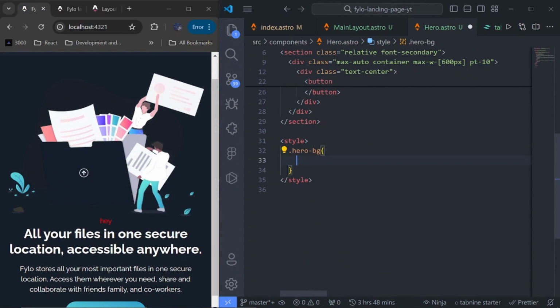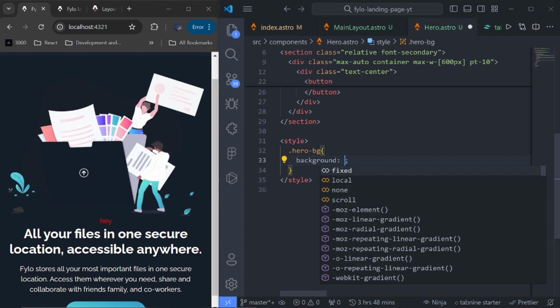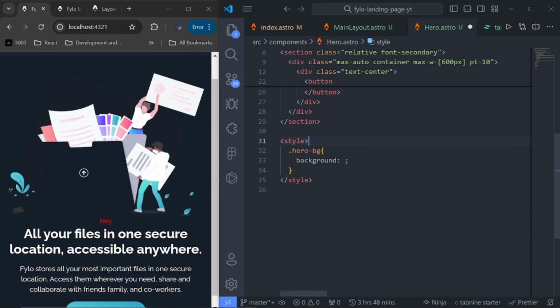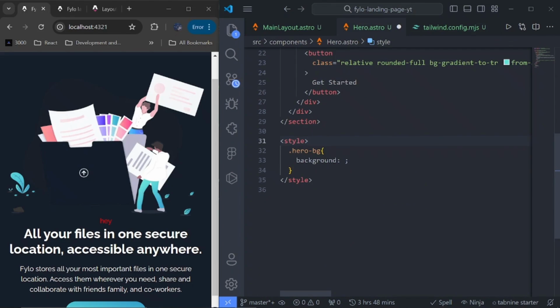So for mobile, which is the default one, we just set the background to have a color. So that color will go to our Tailwind config, and I believe it's the one that I did with 15. So this one right here. So copy this, go back and paste it here,